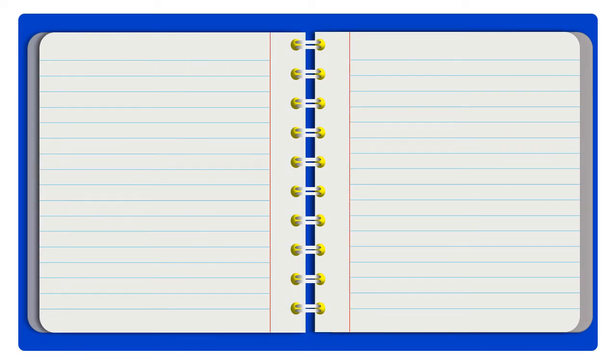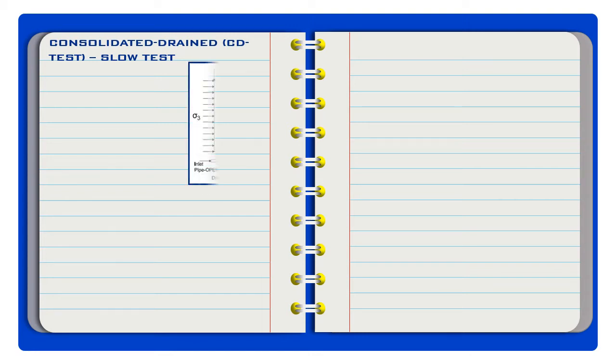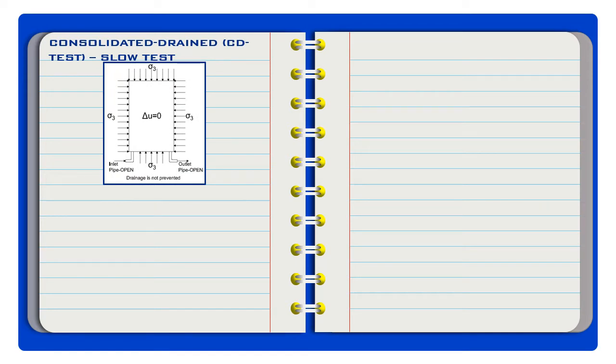Una nating i-discuss is yung Consolidated Drained Test or CD test, and another term is slow test. So yung test is kinakonduct on two stages. So, sa first stage, yung consolidation. So, as you can see in this diagram,